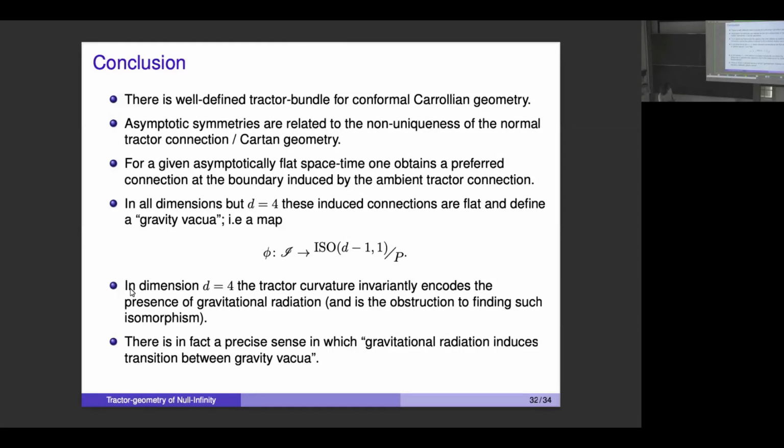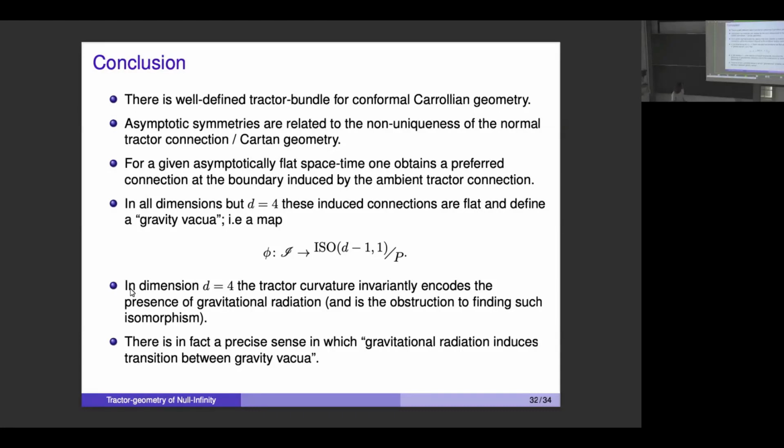Okay, so what I tried to tell you is that there's a well-defined notion of tractor bundle on a conformal Carrollian geometry. It exists, you can make sense of it, just like in 2D conformal geometry, it's there. However, the fact that we have asymptotic symmetries is related to the fact that if you try to cook up a notion of normal tractor connection on this, it's not unique. Well, it exists, but you have many. Just like in 2D conformal geometry, we have a whole family of these normal connections. Here we have a whole family of this